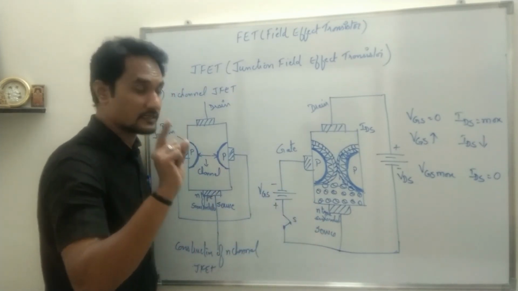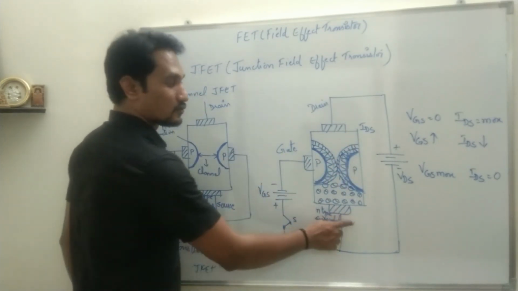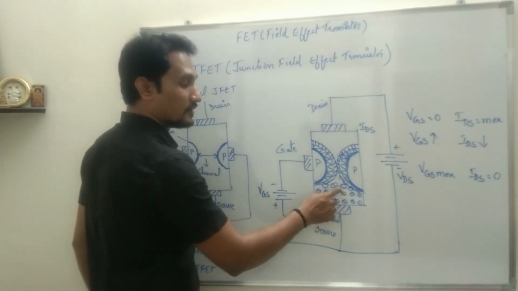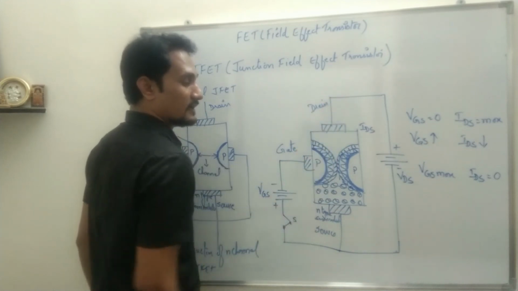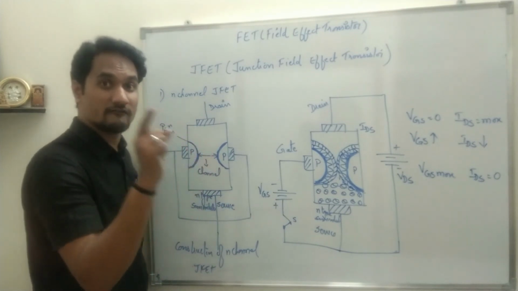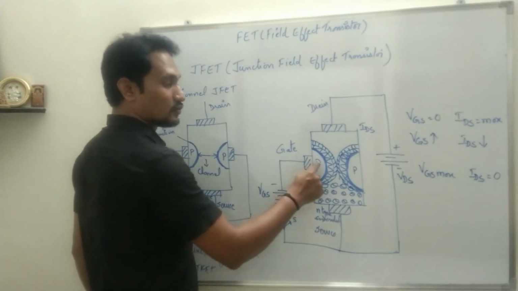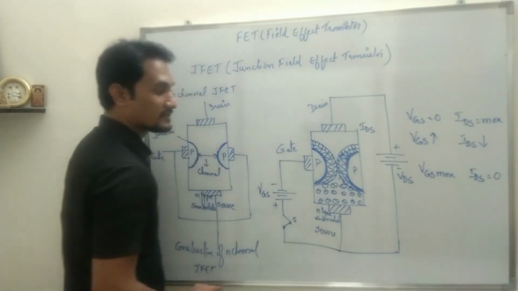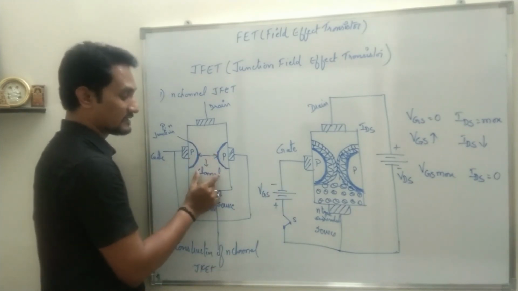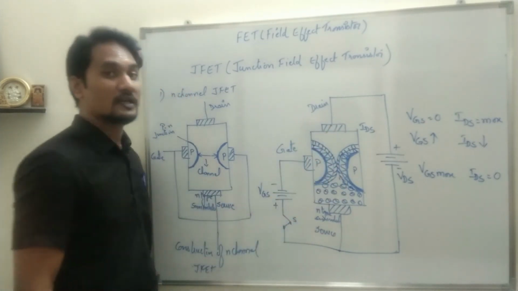There is a very important condition. When these two polarities are applied, the polarity should be such that current flows from source to drain. The charge carrier should be repelled by the source and attracted by the drain. So such polarity has to be applied. And the gate to source voltage should always be in reverse bias condition, so that these 2 PN junctions are reverse biased, and as you keep increasing VGS, the depletion layer width will increase, the channel width will decrease, and the current flowing from source to drain can be controlled.